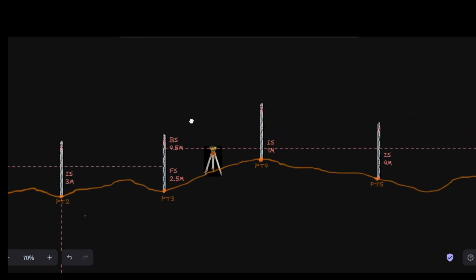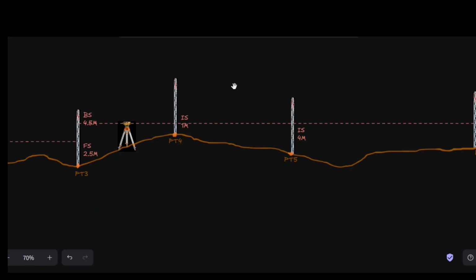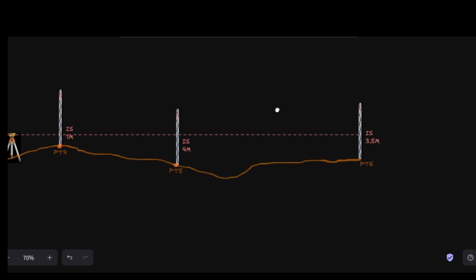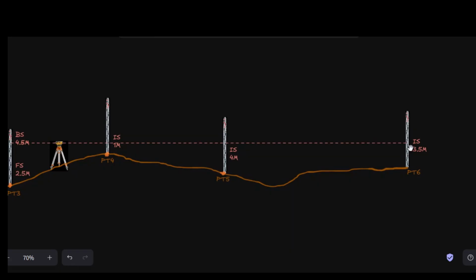So what did we do? Let me show you something. Remember I said this guy can be our IS, right? But look at it. This 0.6 is actually the last point we are measuring on the site, according to this example. Because it is the last point we are measuring on the site, we are not going to call it IS. Although, remember I said after the back sight, the next reading is your intermediate sight. However, as long as you don't change this instrument, that falls inside the rule. But since this guy is actually our last